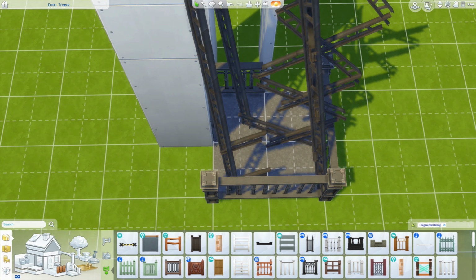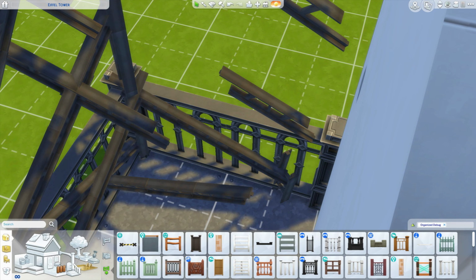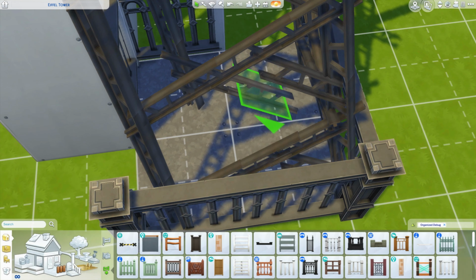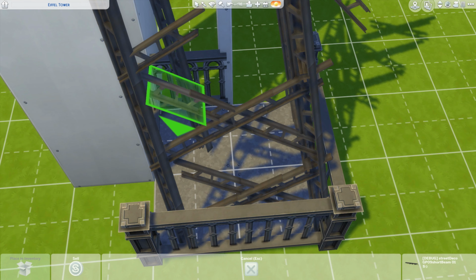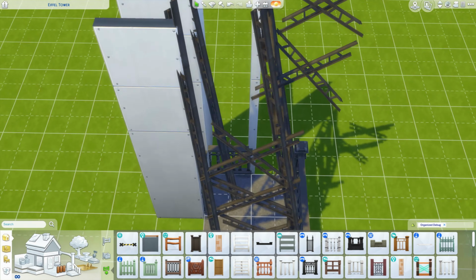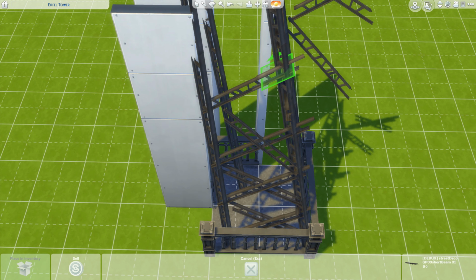Currently, there are 2, one on each of the main platforms, but originally there was a third at the very top. Most of the guests stopped at the second platform, which was still higher than any of the other buildings in Paris,